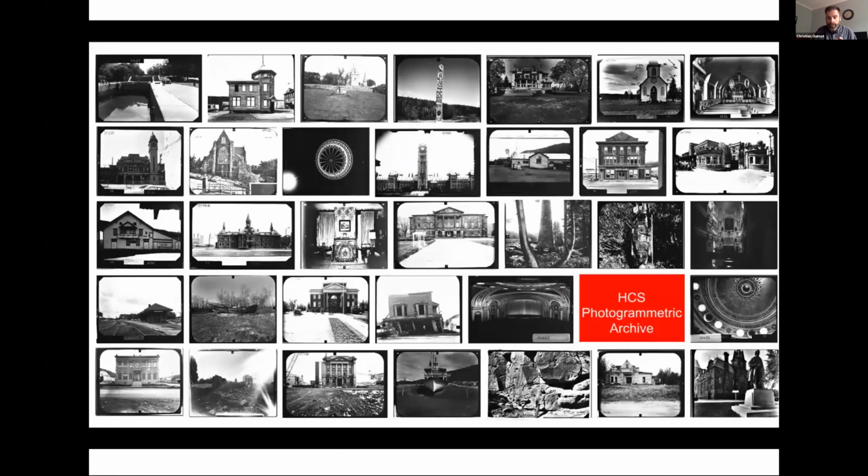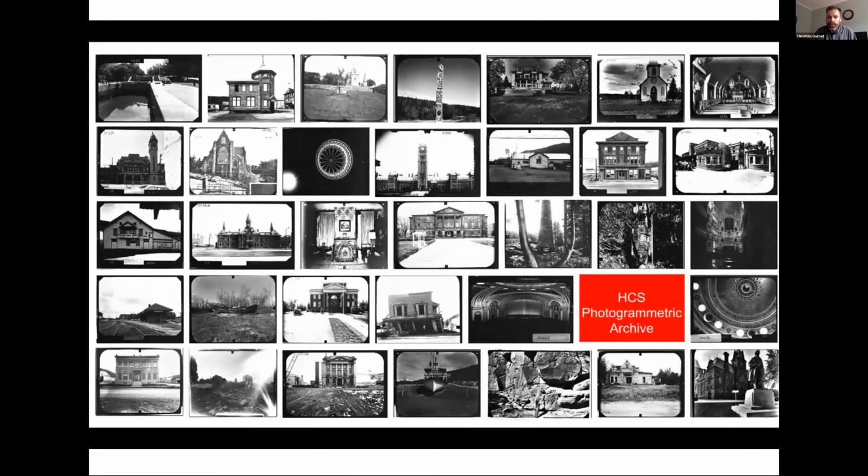Here in the department I work with in the federal government, since the 1960s, we've been capturing photogrammetric images. So back in the 60s, before the advent of digital cameras, we had to use specific metric cameras made specifically for photogrammetry. And these cameras were very heavy, expensive. They would shoot large formats, 4 by 5 inches or 5 by 7 inches. But since the 1960s, we have over 10,000 photogrammetric negatives, well over 600